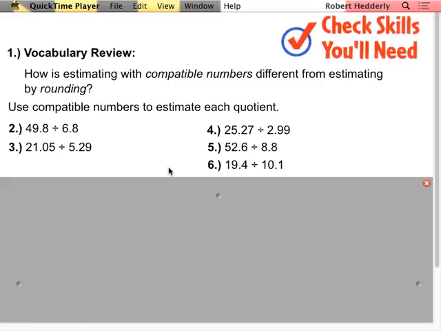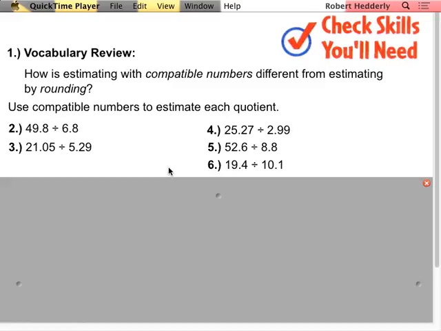Okay, vocabulary review. How is estimating with compatible numbers different from estimating by rounding? Isaiah in the back, thank you. Compatible numbers, they both round up to compatible numbers that are divisible between factors, and rounding up